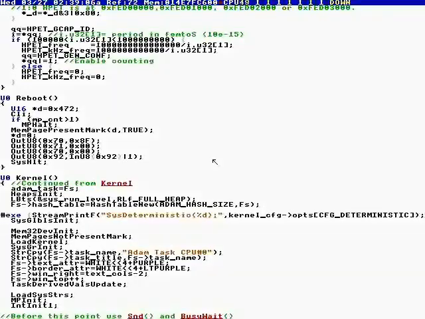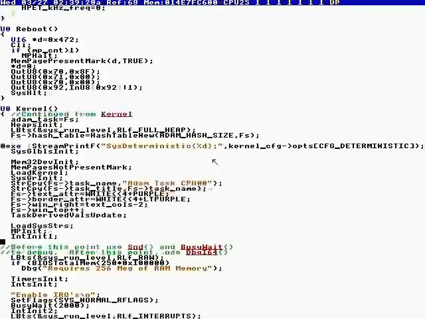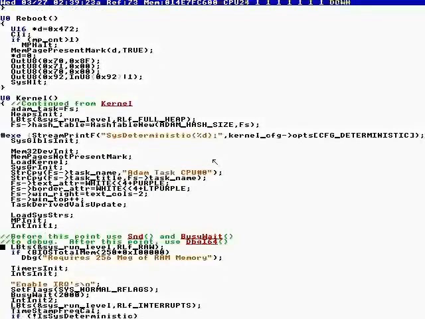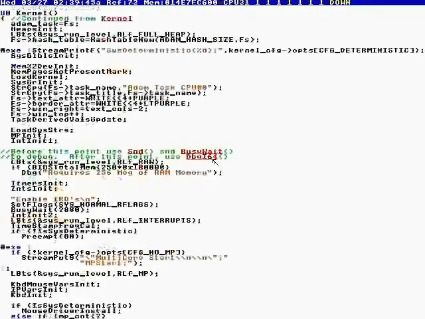So we mark not present. That's the memory in the E820 map that's not present. We go ahead and initialize all the global variables. We have various run levels for when we have raw output available, when you can write to the screen. Remember, it's 640 by 480, though it looks like text mode. It's not, it's graphics mode. We enable interrupts, unless it'll run in text mode as a fallback. Here's where we turn on interrupts. We loaded the interrupt table, calibrate, timer,